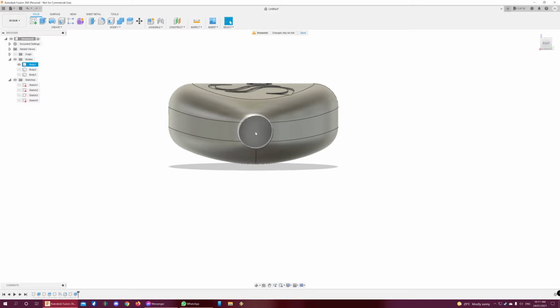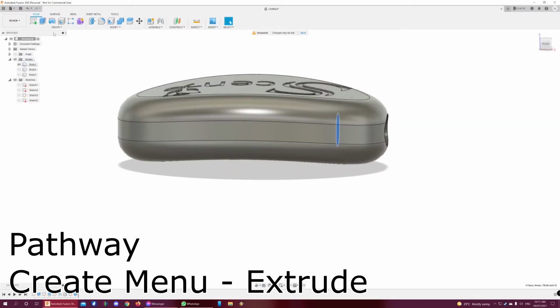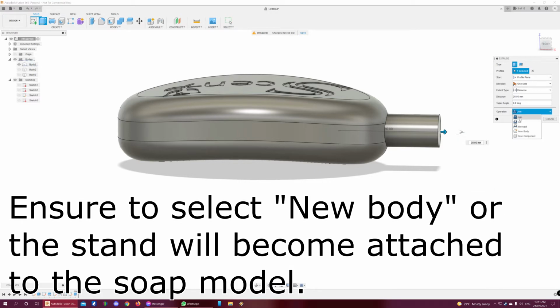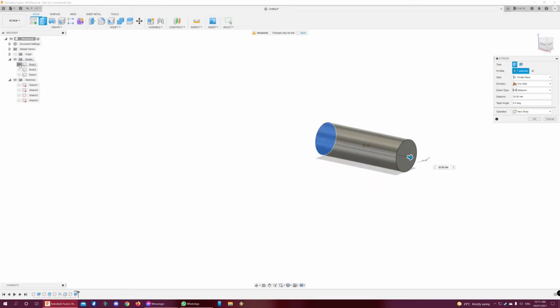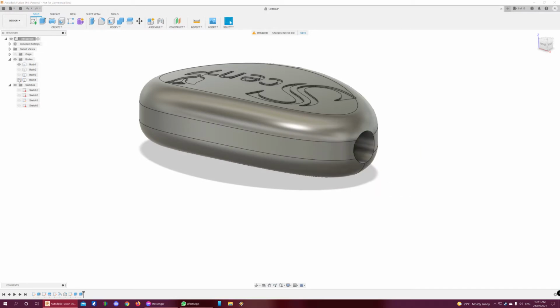So next stage, I'm going to click on the inside of that, and I'm going to extrude again, either through the menu or by hitting E, and I'm going to bring it out 30 millimeters. But rather than joining the model, we're going to make it a new body, and that means that they are not attached to each other. So that will mean that this is one piece and this is another piece, and you can see that it comes and goes as a separate piece. If they were joined together, then it would